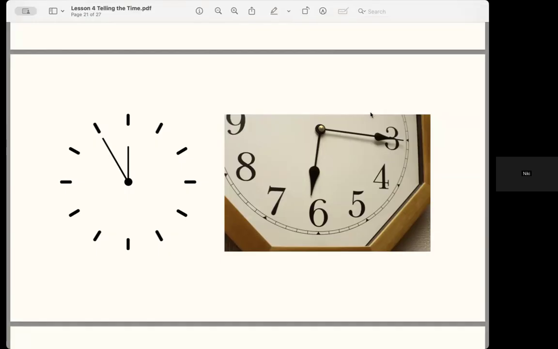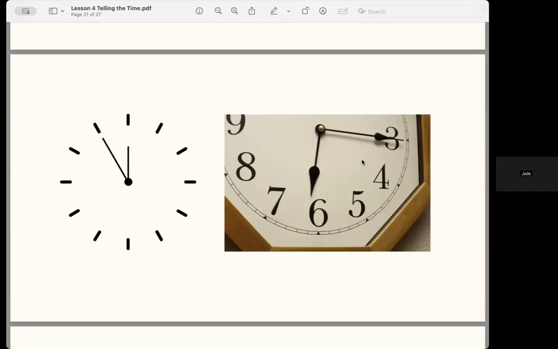Shella? Hello, dear ma'am. Shella, my dear, can you do this one? Okay. 10 to 12, a quarter past 6. Okay, so you did both of them. Well done. Except this one, did you say 5 to 12 or did you say 10 to 12? 10 to 12 and quarter past 6.